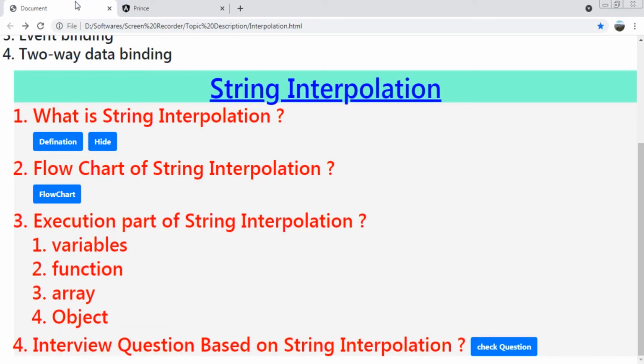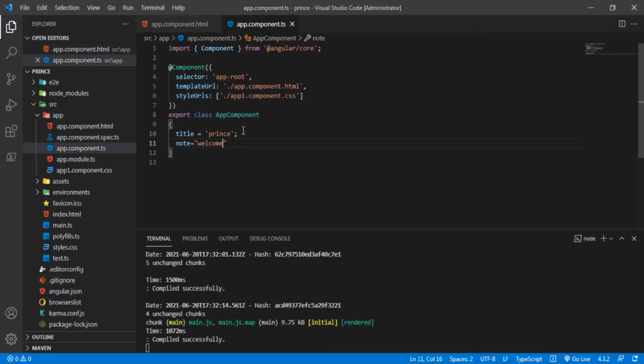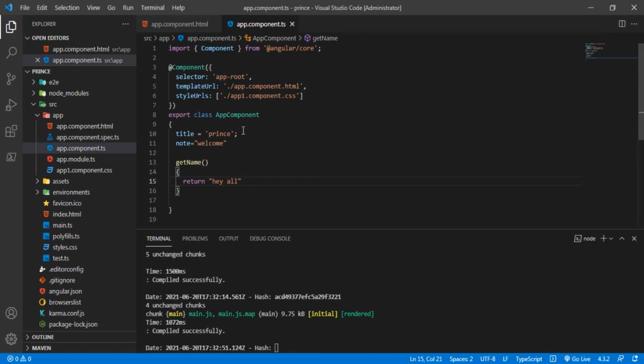First part is done, and we will deal with the second part, which is functions. For that I have to create one function inside our TypeScript file like get name, and inside that I will return a string, hi all, and save it.